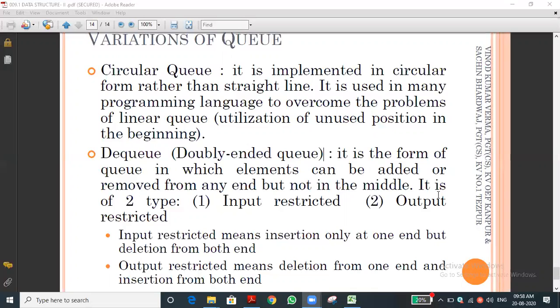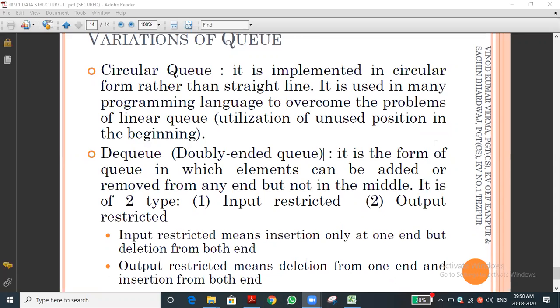Do you have any doubt in this data structure? No, sir. We have seen the data structure definition and the classification tree: primitive data structure, non-primitive data structure. Non-primitive again, linear and non-linear. Linear: linked list, stack, queue. Non-linear: graph and tree.